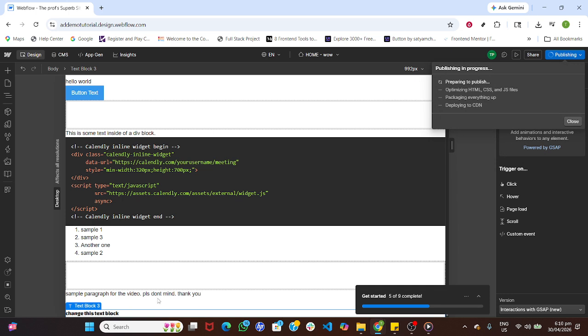When everything looks good in the designer, publish your site to push the changes live. Publishing lets you preview the text block in a real environment and confirm it